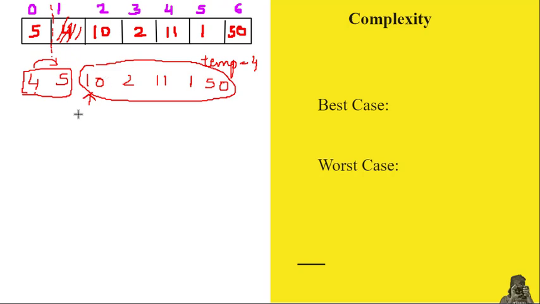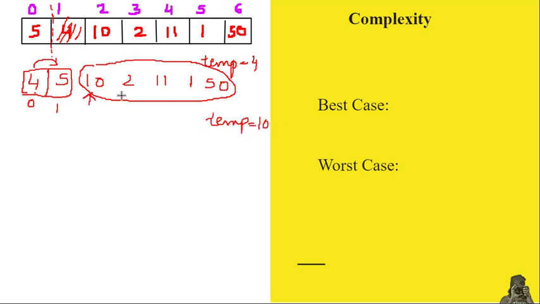The first item of the unsorted array. So we'll try to compare its value with the first or the last element of the sorted array, because here you can see two elements are there in the sorted array. So this is at the 0th index, this is at the first index. So we will compare this value with the last value, or the closest immediate value, of the sorted array.